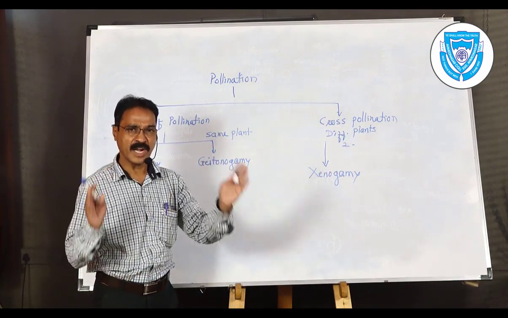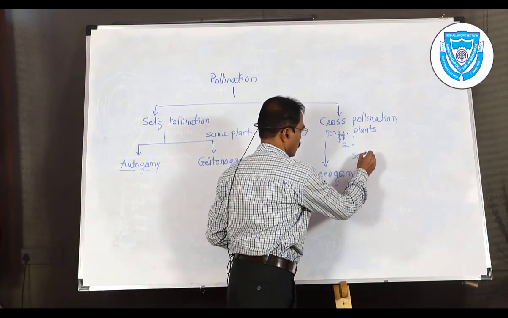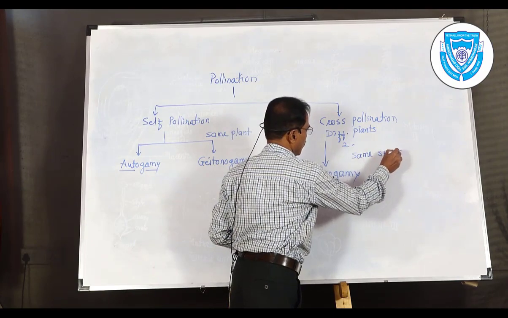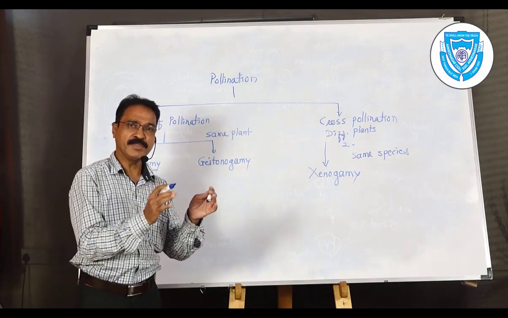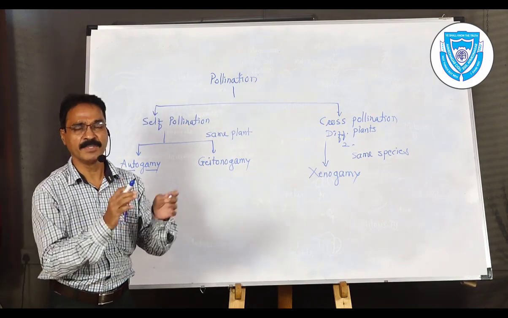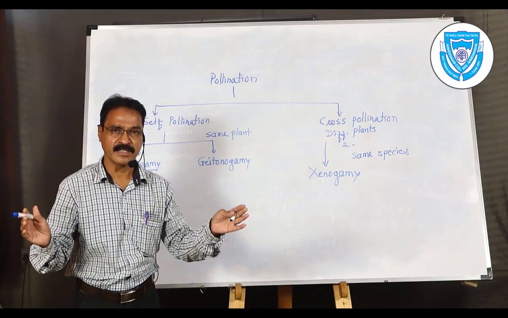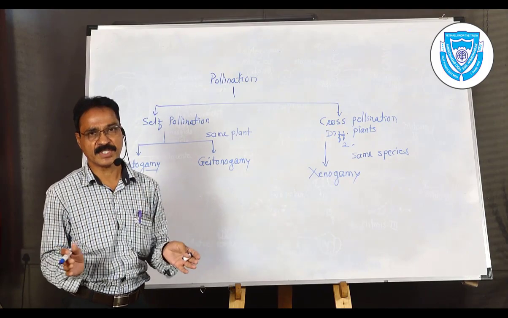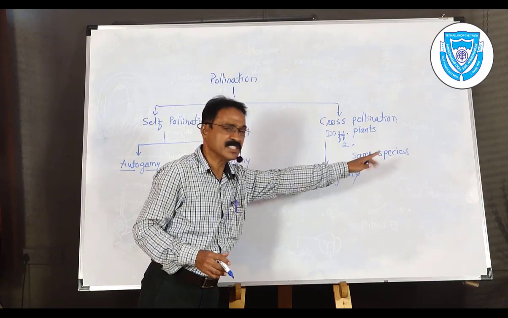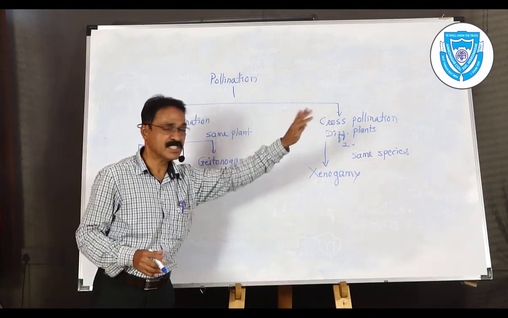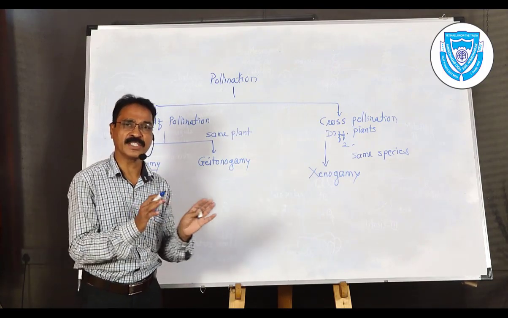That means two plants which are, of course, from the same species. Same species. Now, what is the meaning of species? Suppose the pollination takes place between two hibiscus plants. Hibiscus, that is the shoe flower, you know. When two such plants are there, they are known as the same species. Then the pollination is possible. But when the species is different, the pollination cannot take place. When different species are there, pollination cannot occur.